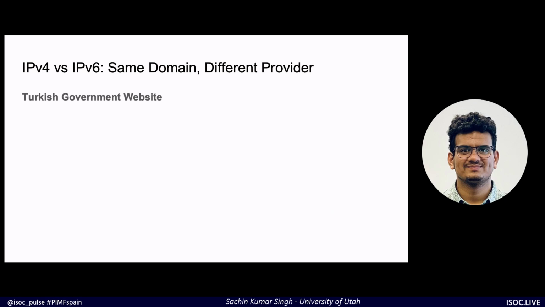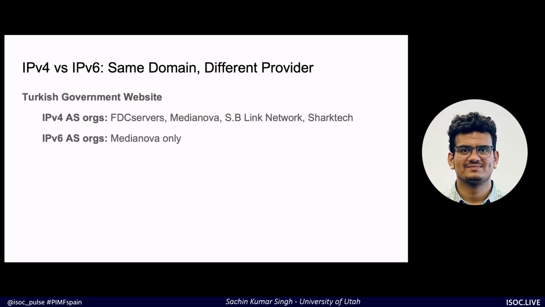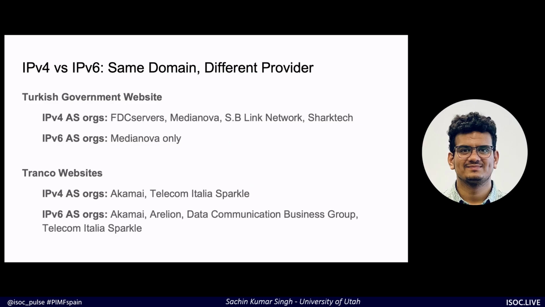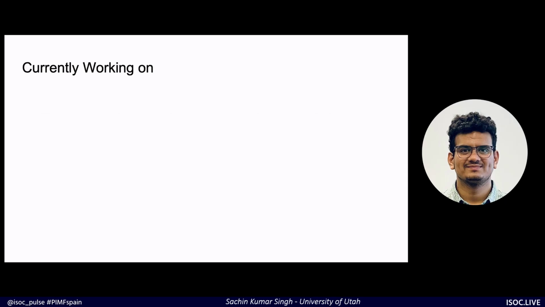One example is a Turkish government website. On IPv4, it is hosted on 4 different providers, and on IPv6, it's only hosted on one provider. There's another example from a Tranco website, which is hosted on 2 different ASNs over IPv4, but on 5 different ASNs on IPv6. This was overall the summary of our work, and I'll take a brief minute to talk about